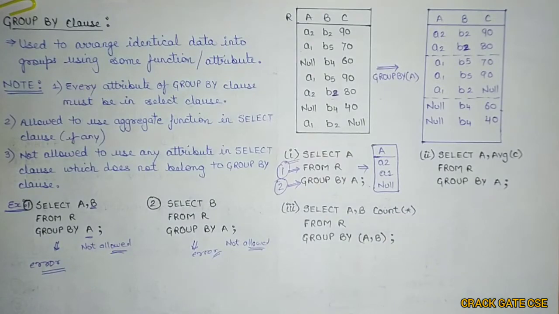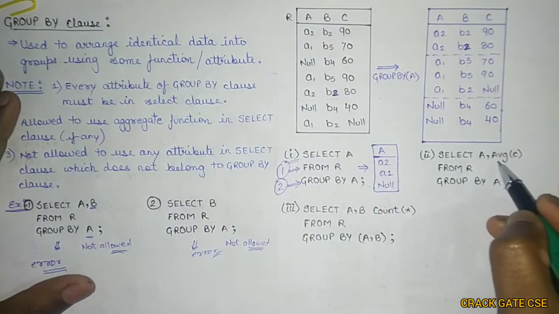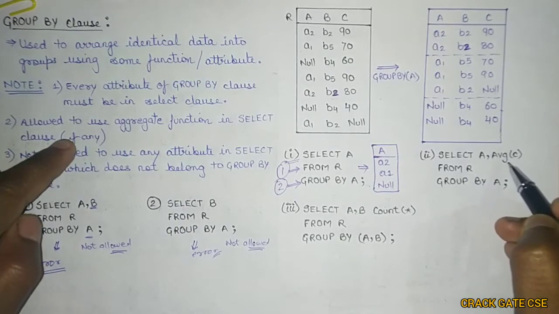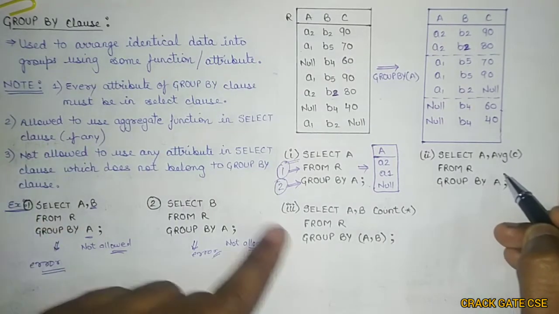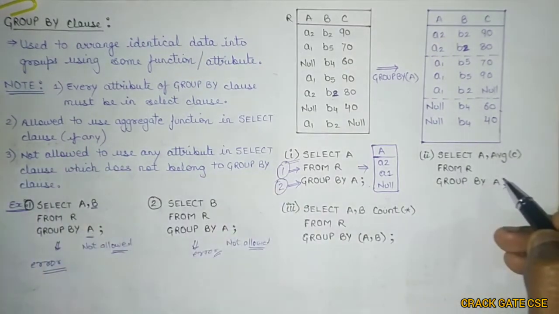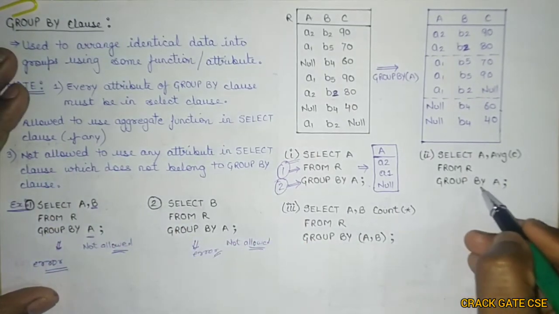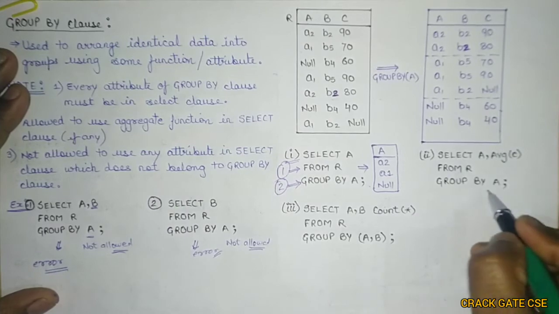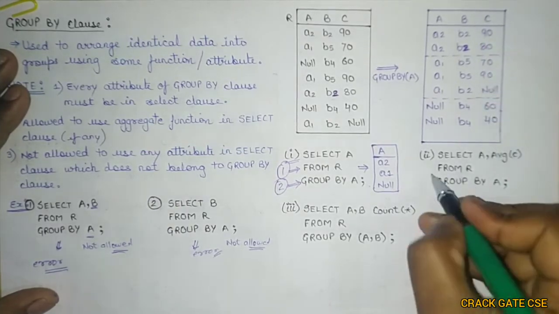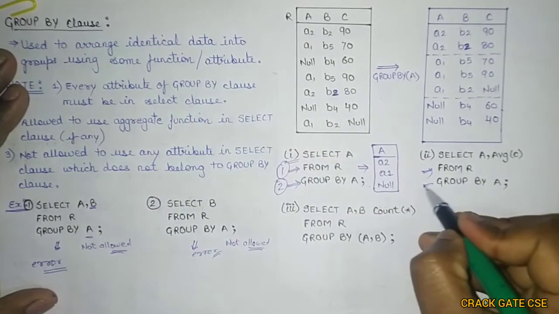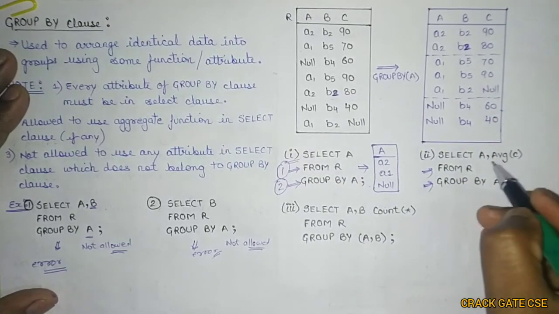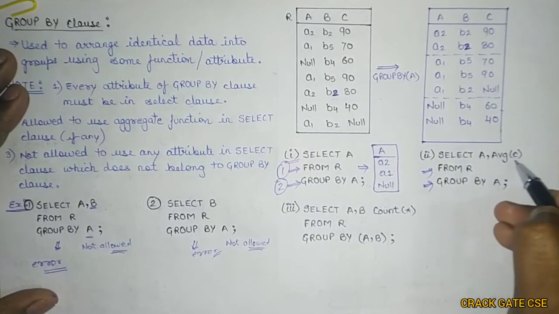Now let's try to understand the second query, because we have used the aggregation function here. This is like I told you here. So you can check that all these three conditions are satisfied over here. So I'm not going with this again and again. So what will be the answer here? So here also we have to group by A. It is already grouped by A. So first we check R, then we have grouped. Now we have to select A and average of C.